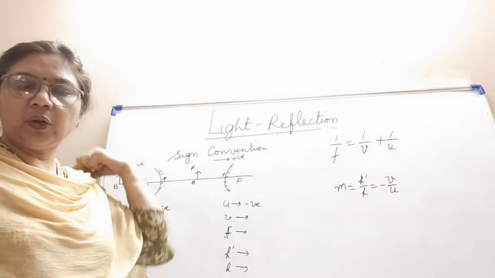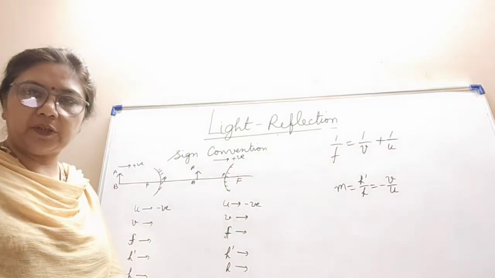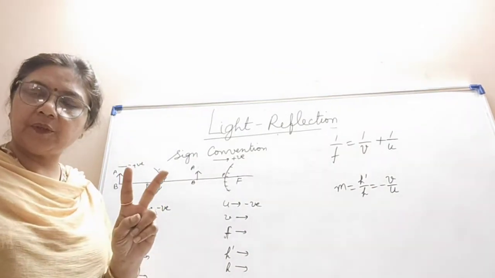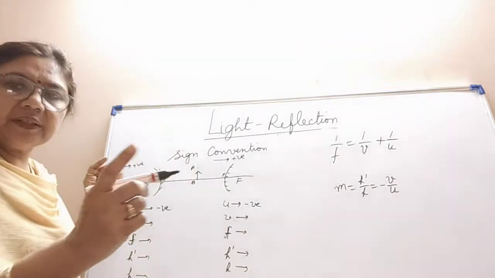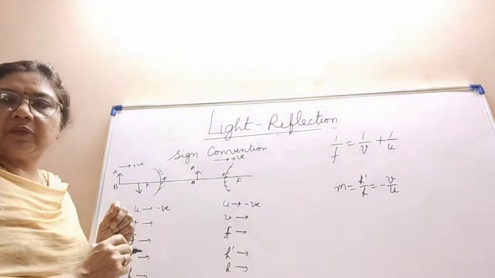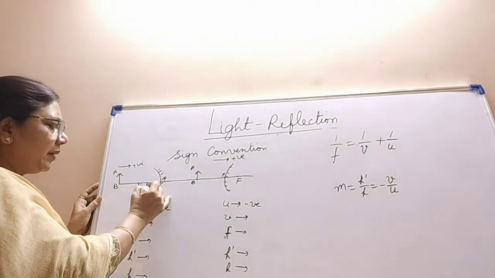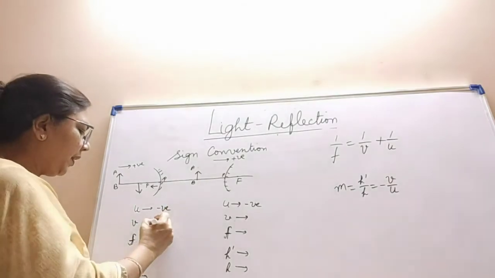For concave and convex, v is the distance of the image. In the case of the concave mirror, we are getting both types of images, virtual as well as real. If the real image is there, where is the real image formed? The real image is formed in front of the mirror. So to measure this distance, we have to move in this direction, that is from right to left. So v will be negative